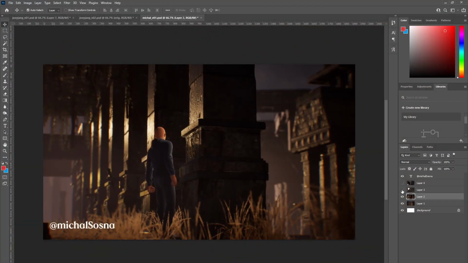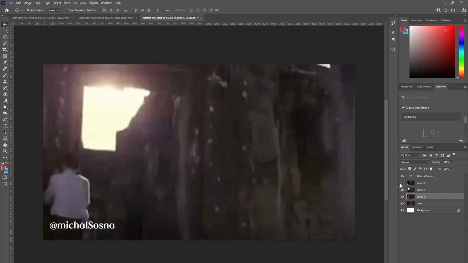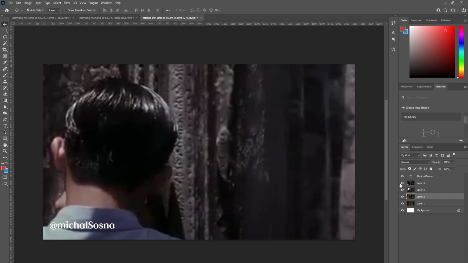And so we look back at the reference images here. It has a very similar feel.